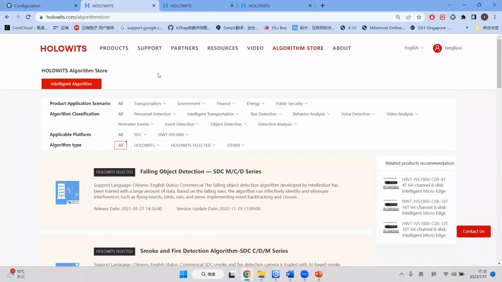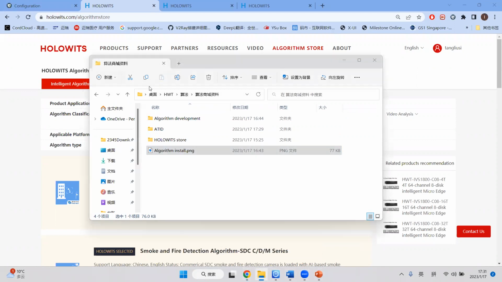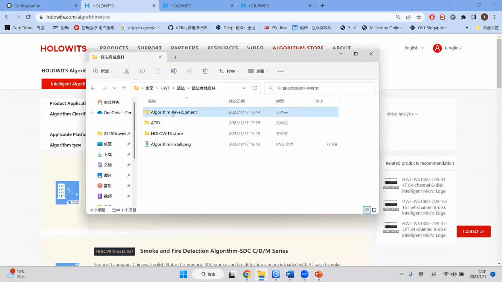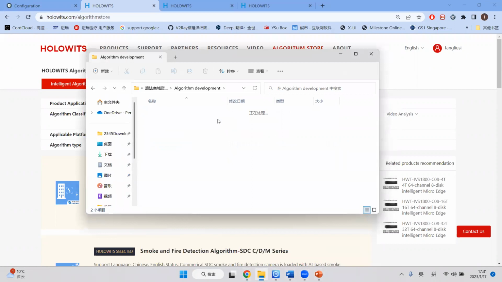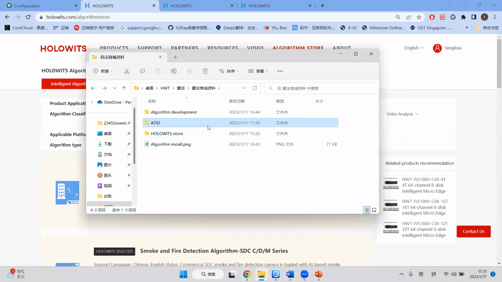So this is the algorithm store, how it works, and what we will do in the future. We will provide online trial functions and online purchase functions this year. The online trial functions will be published in February. So this is our HOLOWITS algorithm store. Next I will give a brief introduction to the HOLOWITS